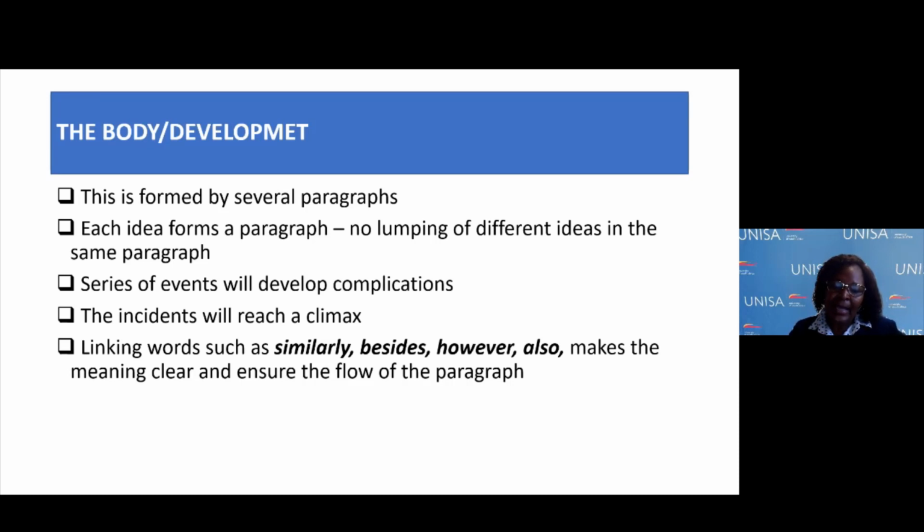And when you are writing those paragraphs, you need to show that your writing is developing to the climax. You use some linking words such as similarly, besides, because sometimes you are comparing, and then besides this is what we need to do. However, we can still save our species, because we all need them in our environment for our welfare. So all those linking words, you will be using them as you are coming up with those paragraphs,